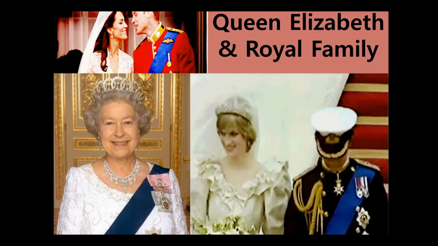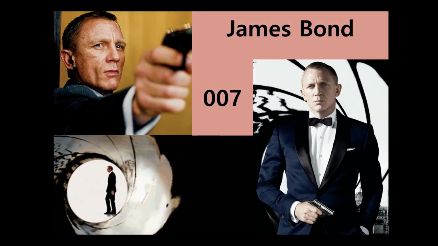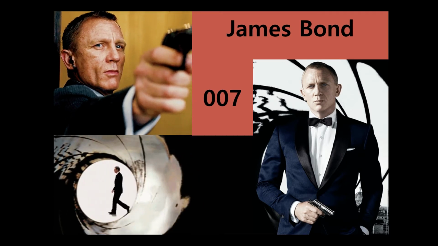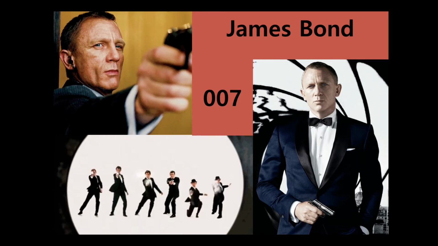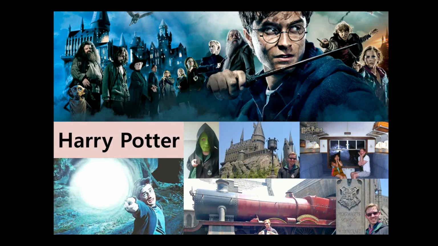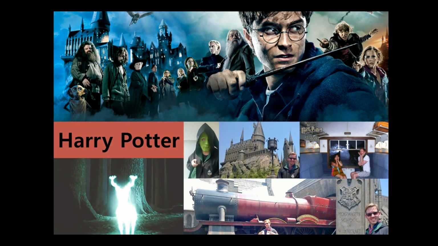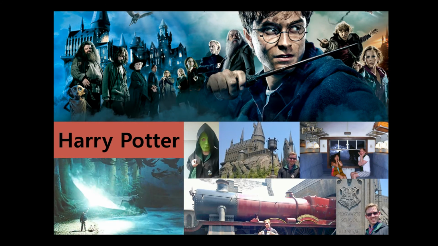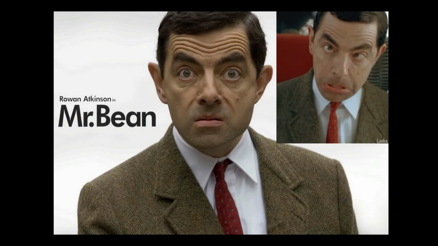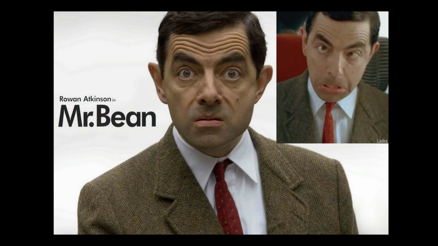So first we have these famous English people. We've got the royal family. England's always sort of associated with this. And we've got James Bond, ever popular. Even if they don't know who he is, they'll probably get the iconography and the images. And of course, Harry Potter. I've started to include pictures of myself here in Harry Potter related scenarios. And Mr. Bean. I've never been to a country where Mr. Bean has not been a known figure.